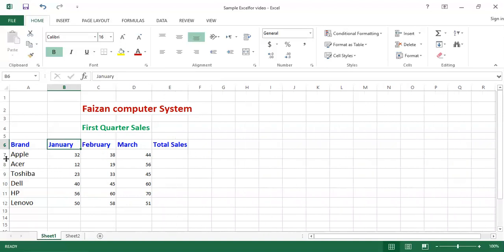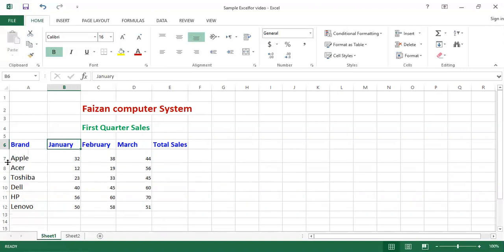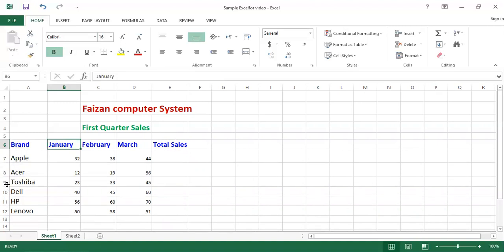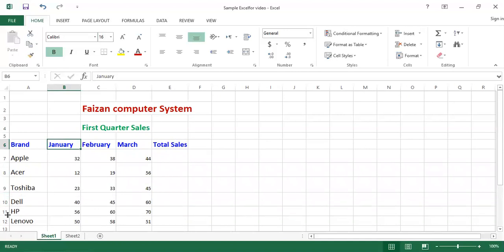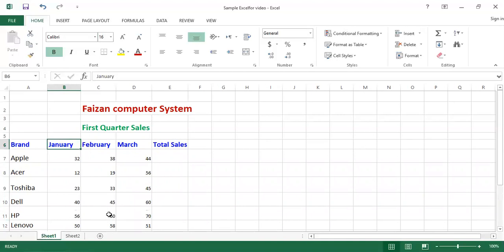Same like that, you can increase or decrease the row size as well. For example, you want to increase this row. So you see, it is increased now. I want to increase this one. It is increased now. And now number 9, like this, like this. So in this way, you can increase and decrease the cell and row size. I hope that you have understood all the steps I have performed.